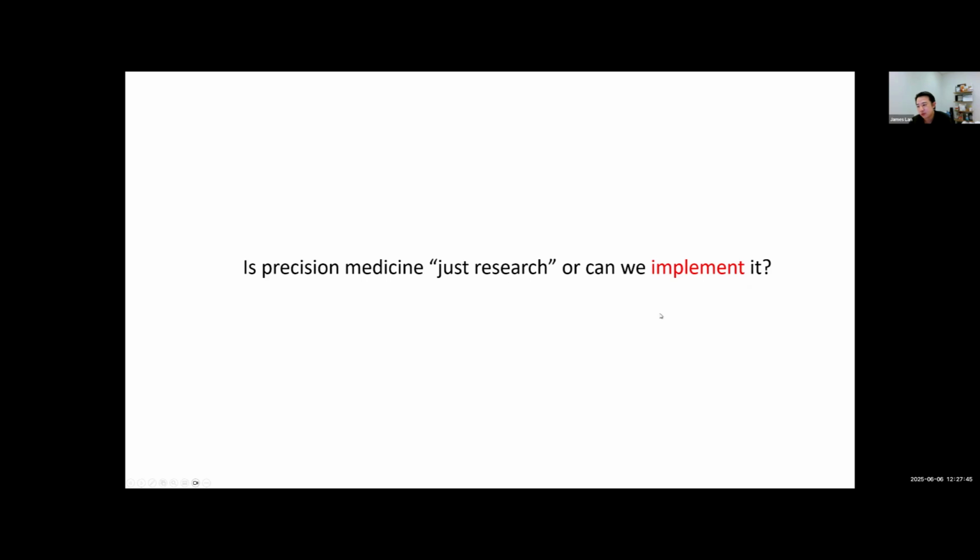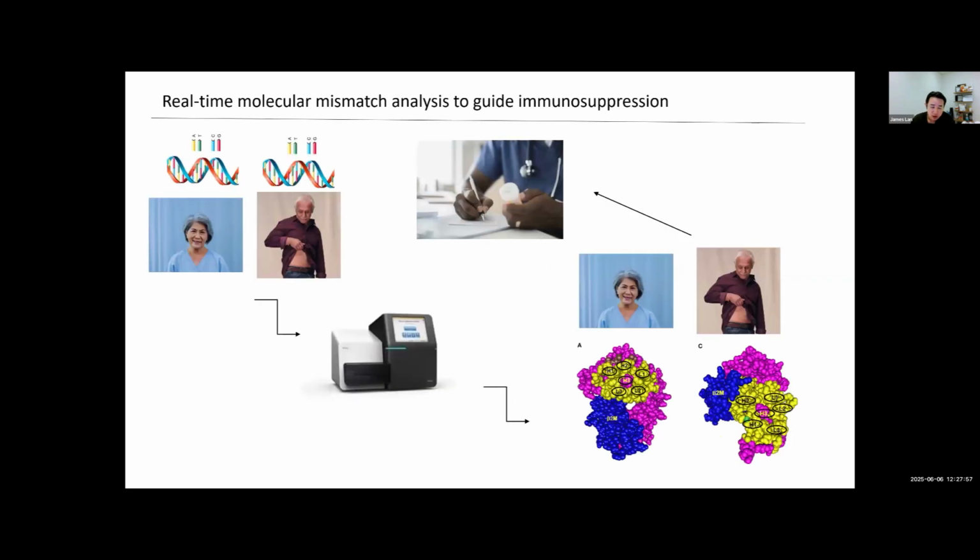So at this point, we presented this data, and the feedback we had was, well, is this just retrospective research, or can you actually implement this clinically? And the answer is, well, how do we want to envision doing this? Currently, we have about 300 patients on the kidney waiting list, and they could all get sequenced under high resolution using the MiSeq instrument, which is fine.